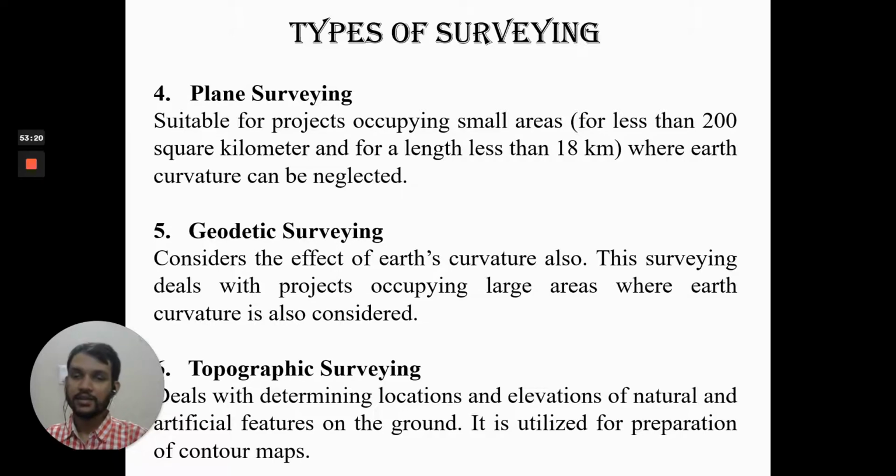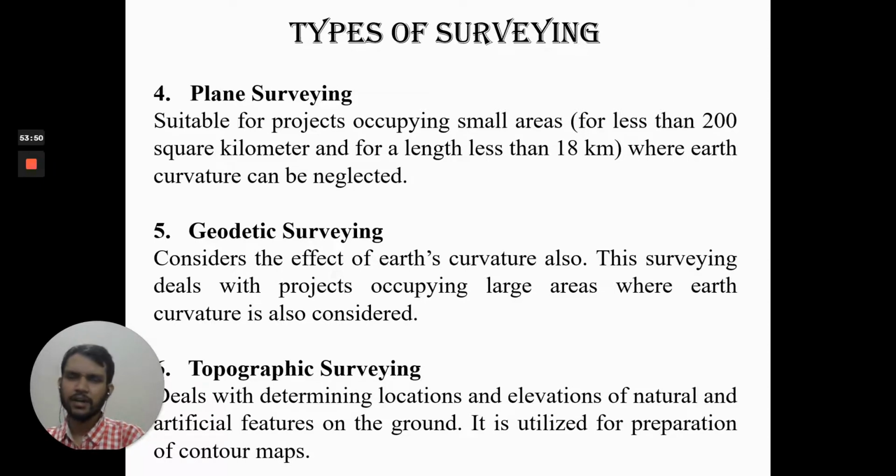As I told you, hillocks may be there, cliffs may be there. It shows whether the ground surface is level, whether it is elevated, whether excavations are there, whether hilly terrain is there, whether valleys or ridges are there. It displays each and everything, and it also displays the elevation of each and every point. The elevations are mentioned in the form of contour lines. Contour lines are those lines that join all the points of equal elevation.